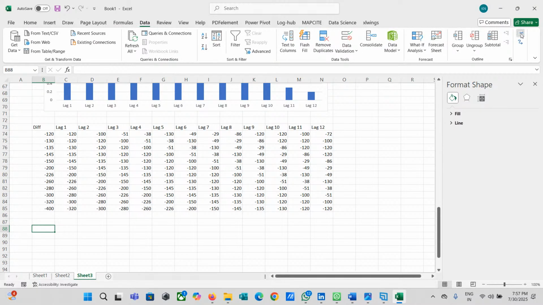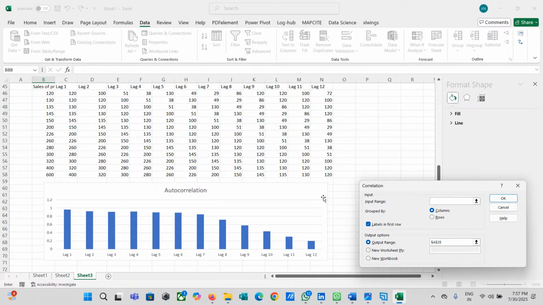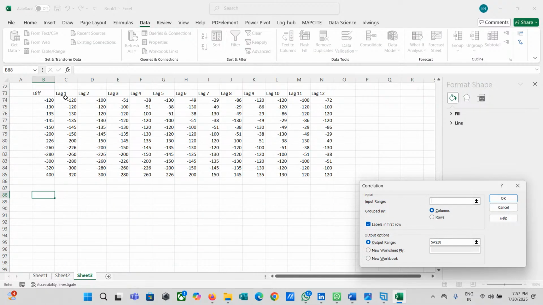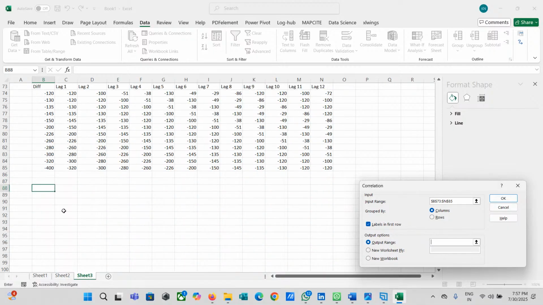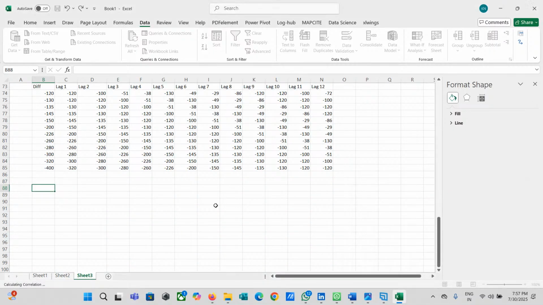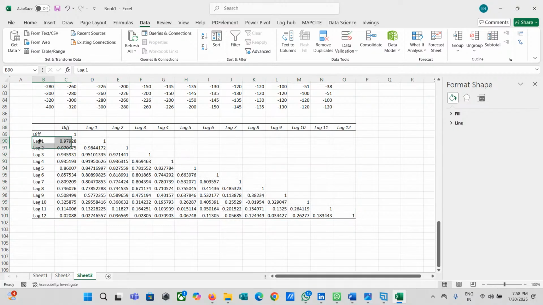My new range is our difference data columns. I'm going to set the output range somewhere here. Click on OK. So now I'm going to build